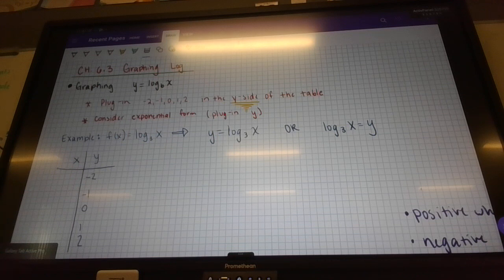Weird. So the top one would be 1/9, because 3 to the -2 is